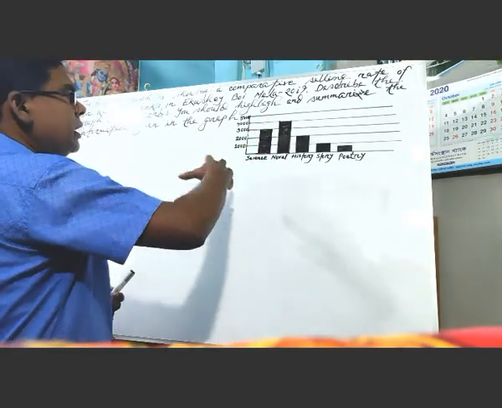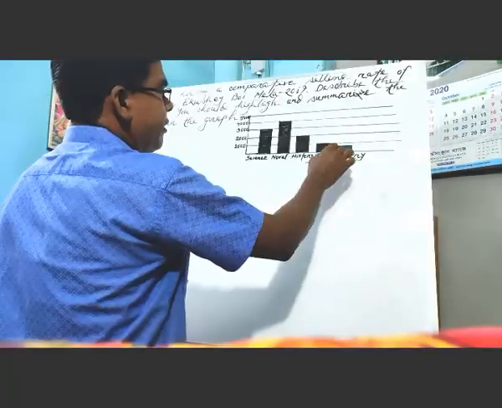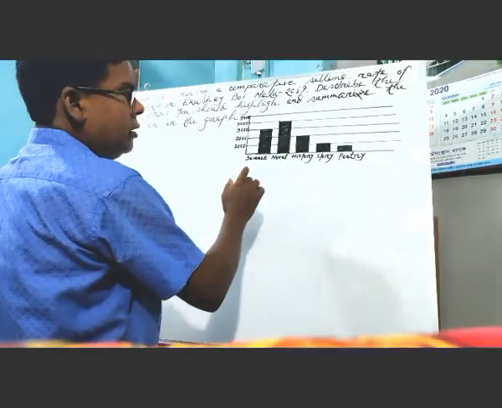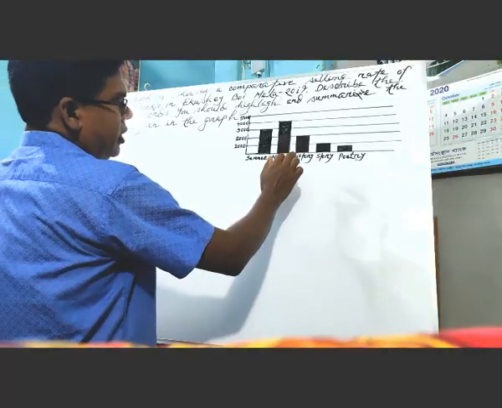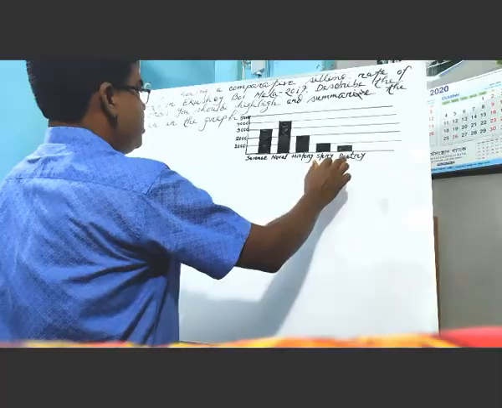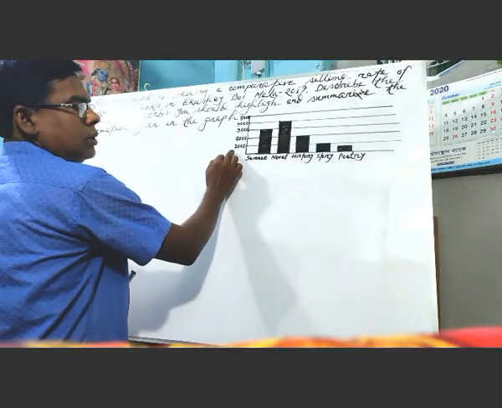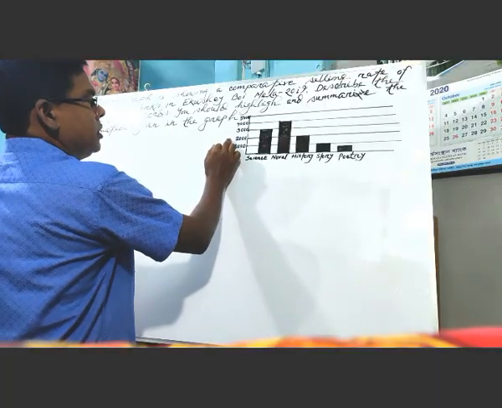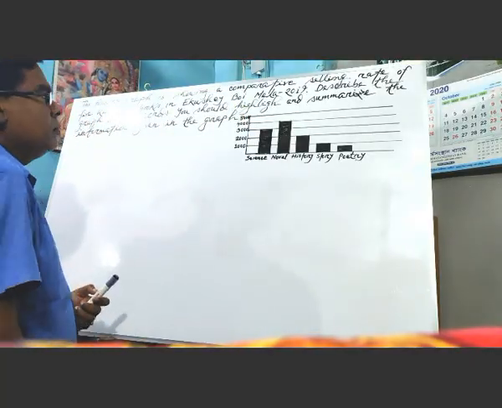Look here in the graph, here we are finding a bar, and these are the 5 columns. In the columns there are written down science, novel, history, poetry. Here 1000, 2000, 3000, 4000 and 5000. But look,